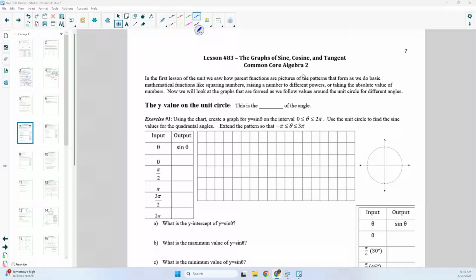So we are going to start to look at three new parent functions today. Two of which really will be the main focus of the rest of the unit. The third one is just kind of, I'd say, a cool thing to see, and we'll have to do some transformations with it. So remember, we saw that parent functions are pictures of the patterns that form as we